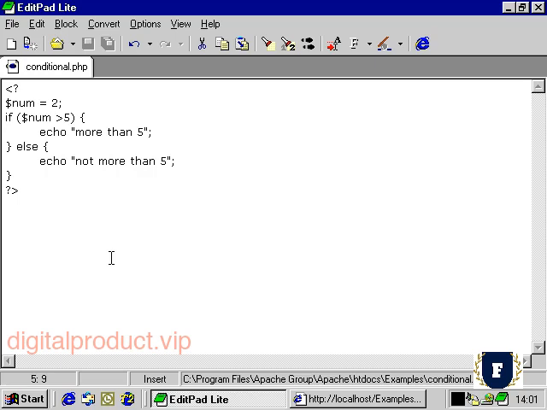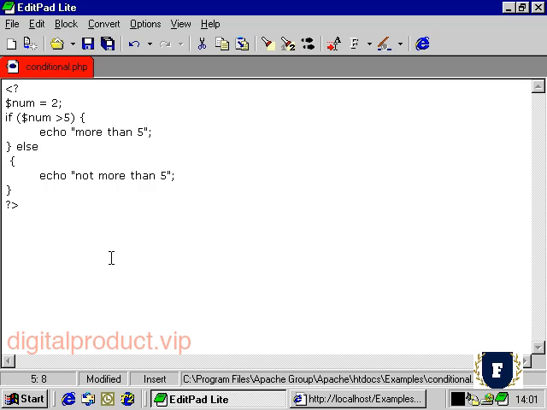Now, we can make it more complicated still. For instance, the elseif command. This can be written two ways. We can either write it as two separate words, which is perfectly acceptable, or we can run it together as an elseif command. Whichever way you choose is completely up to you. Now when we use our elseif command, the if statement here works just like the first if statement. We use the rounded brackets after it, and then we put in another condition. So in this case, it's going to be if num equals 5,